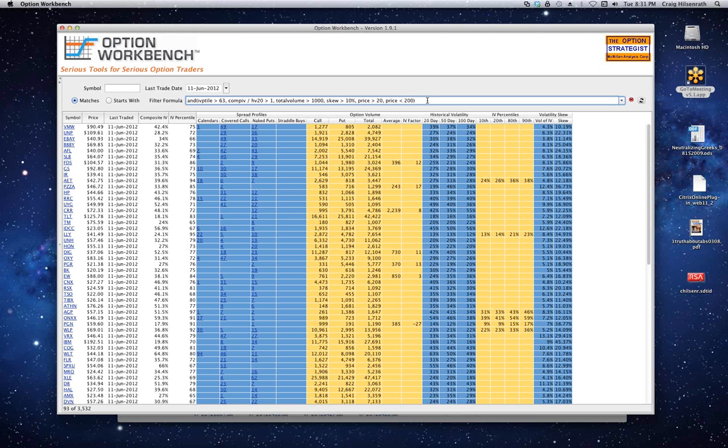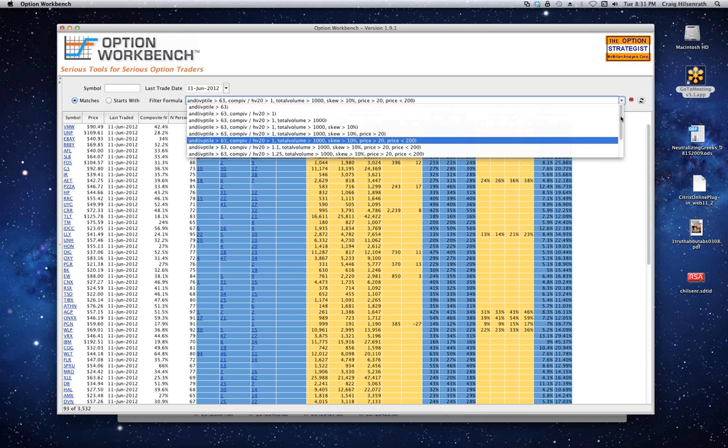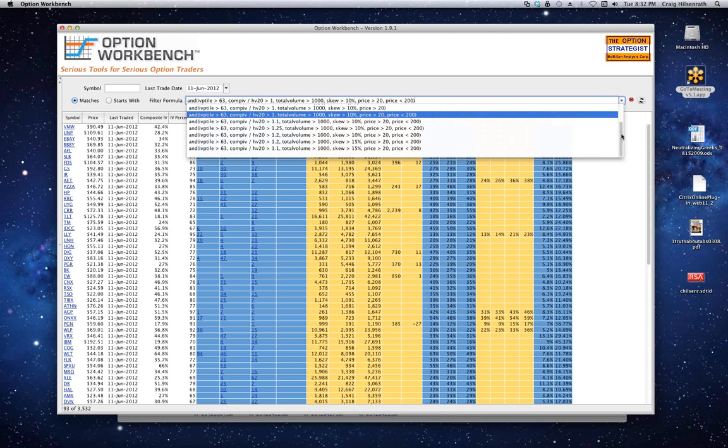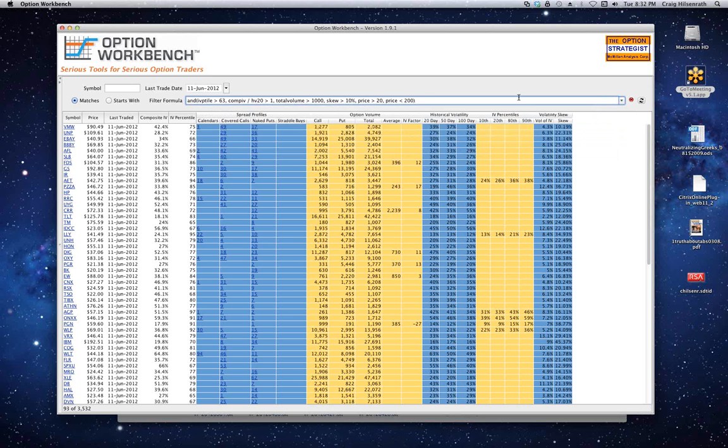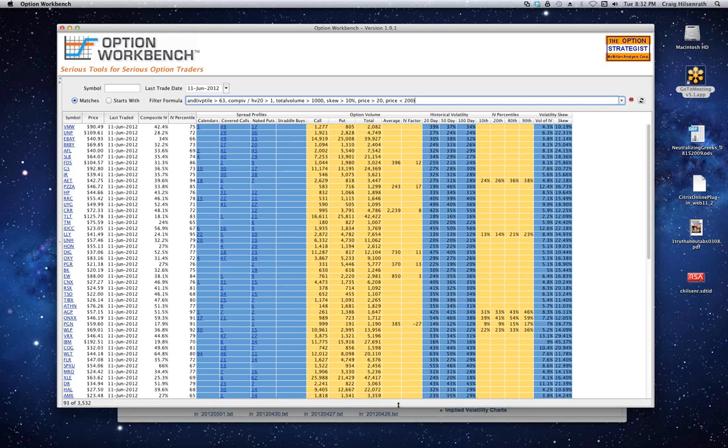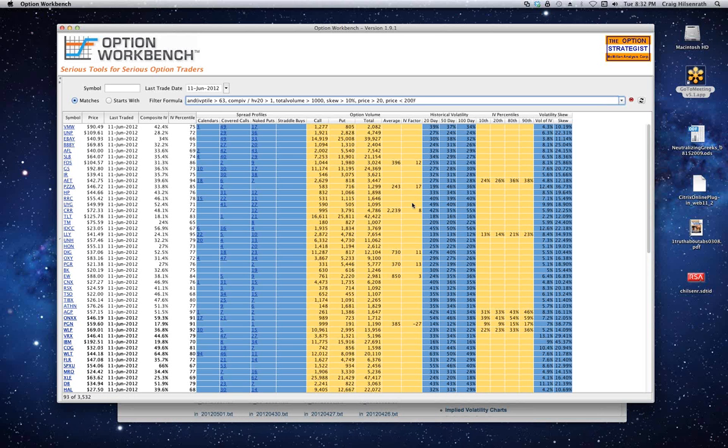So these filters are dynamic, and you can put in anything that you want, and it automatically saves what you type in here. So you can go back and refer to them later. There aren't really any out-of-the-box filters, mainly because market conditions change. And today I'm looking at selling options because volatility is high. Maybe I'm bullish on the market, so I want to find something that I can play on the upside to the market. I'm not saying any of that is true, or I'm making any recommendations, but those are reasons why you want